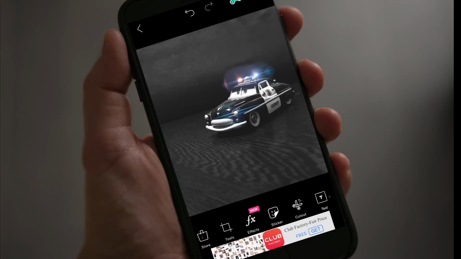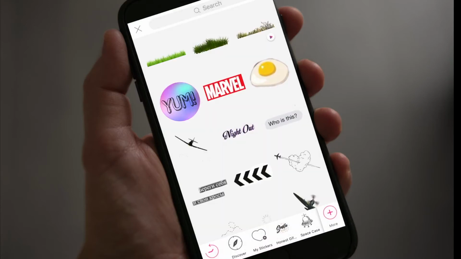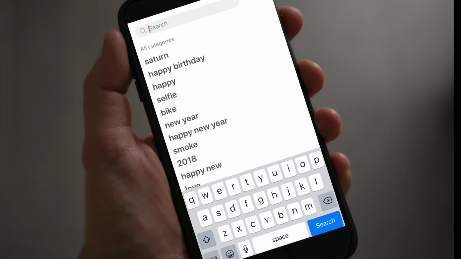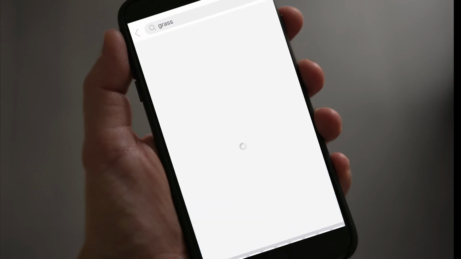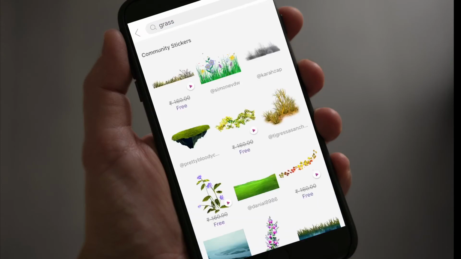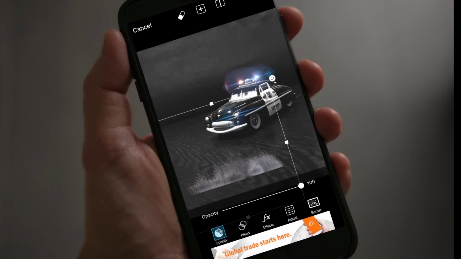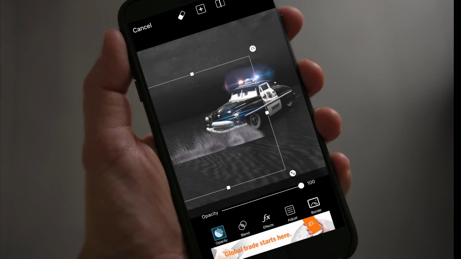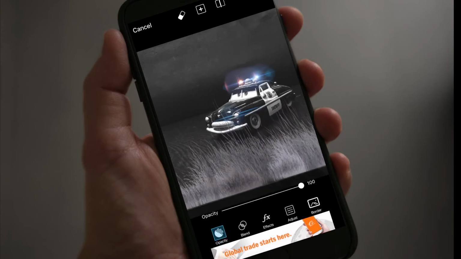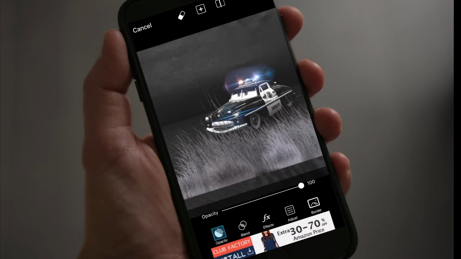Now I'm going back to add an element of foreground into it. So I've clicked on the sticker button here. In here you can actually search for elements that you can add to your image. So I'm searching for grass here to add a little bit of foreground to the image that we created. So I found a grass image. I clicked on that and it'll download to the composition that we are building. And with your fingers you can stretch and scale it up to the size that you want